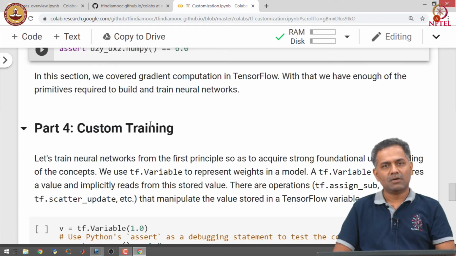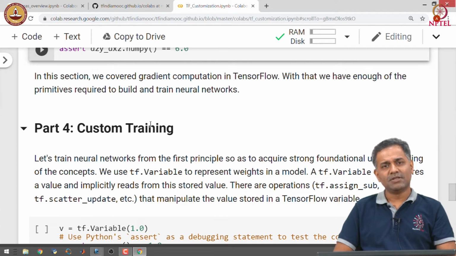So far we studied how to use specific devices to carry out TensorFlow operations. Then we studied how to write custom layers, and we also studied how to perform automatic differentiation to obtain gradients of loss functions with respect to input variables.